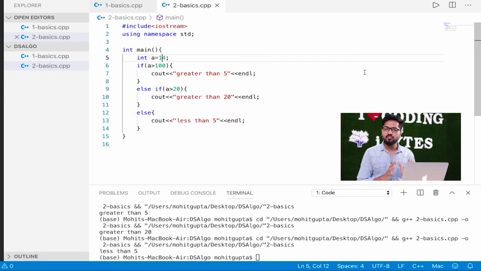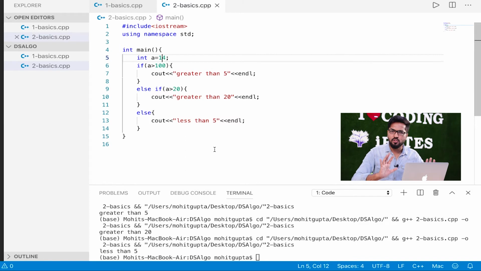I hope you understand what else and else if are doing over here. The if statement says that if that particular condition is true, just run that and forget everything below it. Then we have else if: if the first condition is not true, it will come into else if. If else if is also not true, then it will go into else. ठीक है. I hope ये समझ में आ गया सबको. So this is what we have as conditionals.